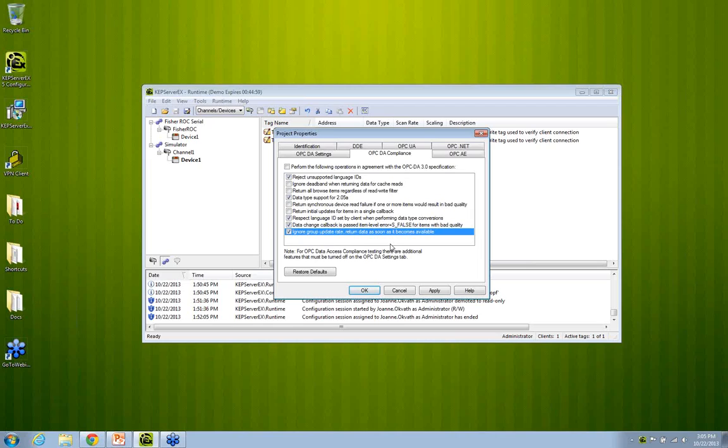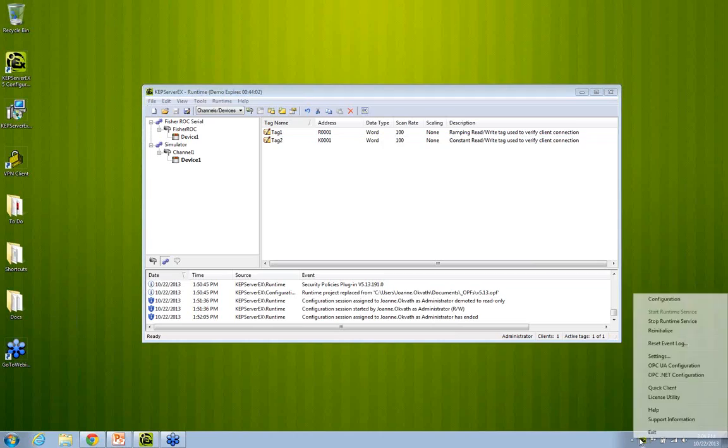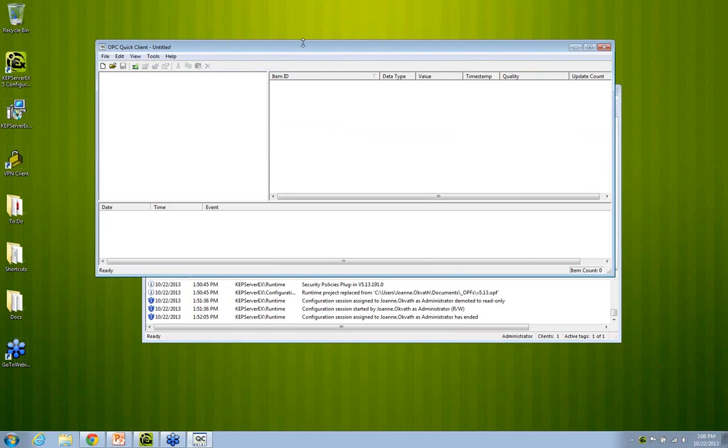You still do that scan. So say you're doing a 5-second scan, and at 2.3 seconds you do a demand poll. Well, then 2.7 seconds later, at that 5-second mark, you're still going to get your scan. So it doesn't interrupt or pause your scan in any way. It just sends you that update as soon as it sees that demand poll come through. So I click Apply and Close, and then I'm going to go ahead and open my quick client here